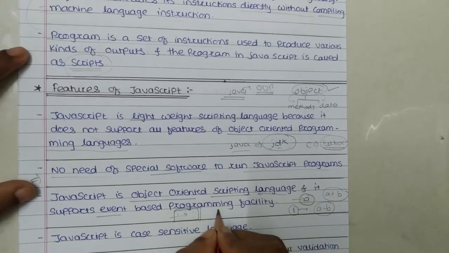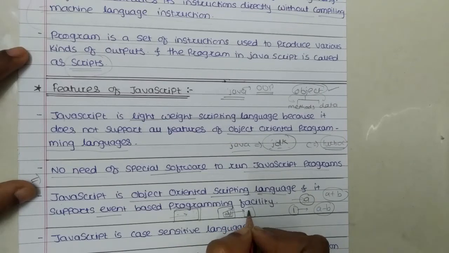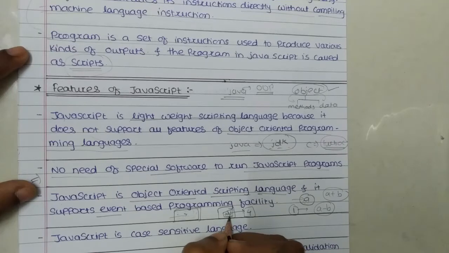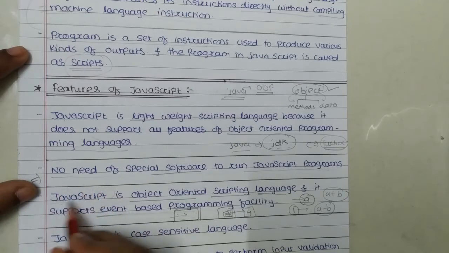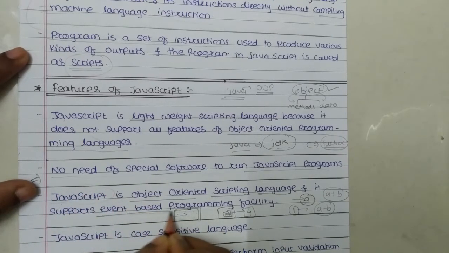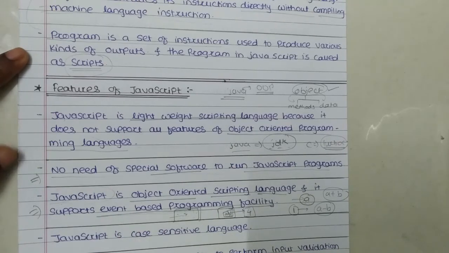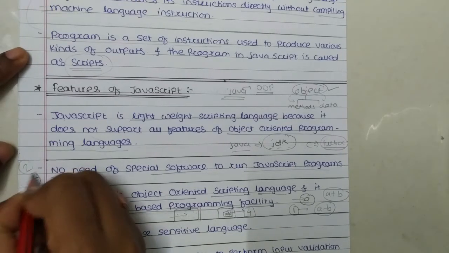Or when I want to create a button here, that is add, and when I click on this button add, a new window opens and we have to display the addition of the two numbers, suppose 4, 8 like this. So these are the events. When we perform any action, then we get some result here. Clear? So such types of applications we develop with the help of JavaScript. So it is an event-based programming facility. This is the third feature, this is second, this is first.